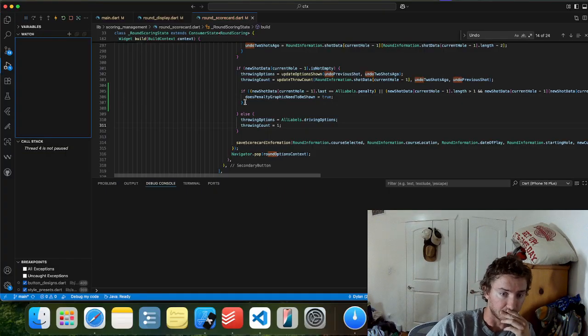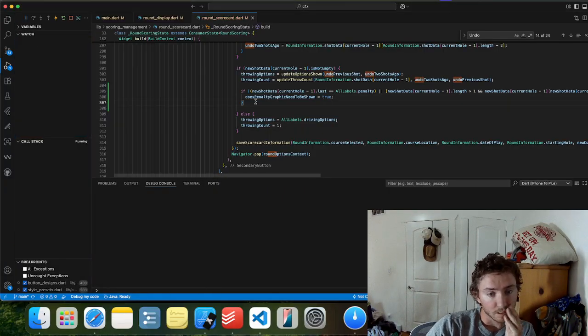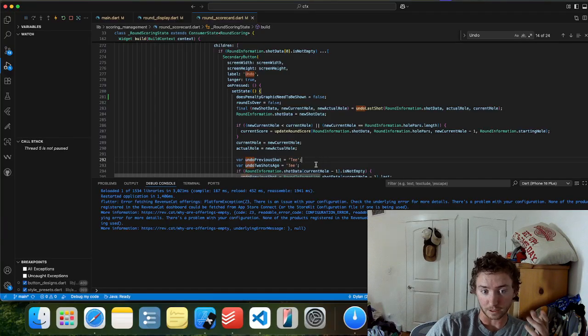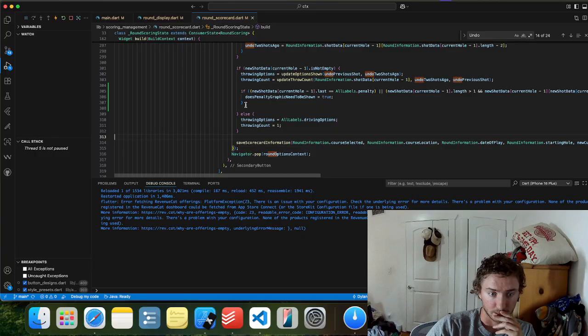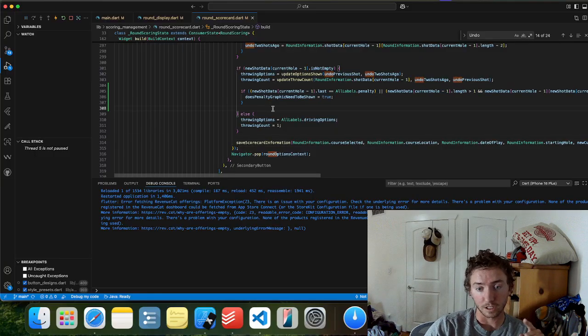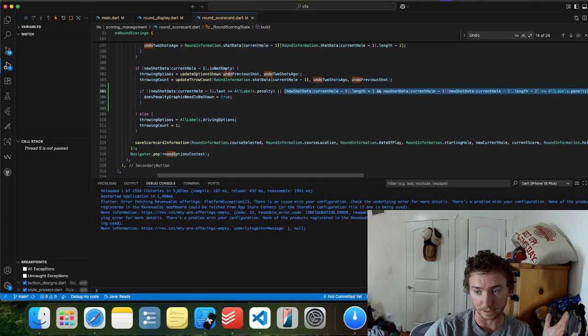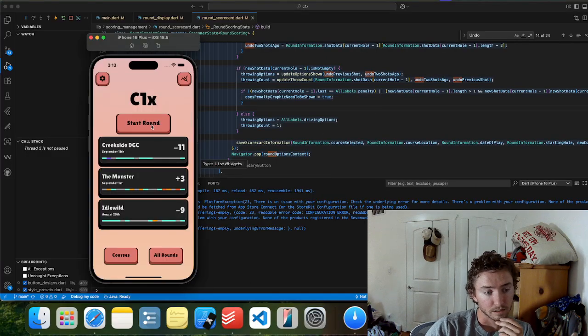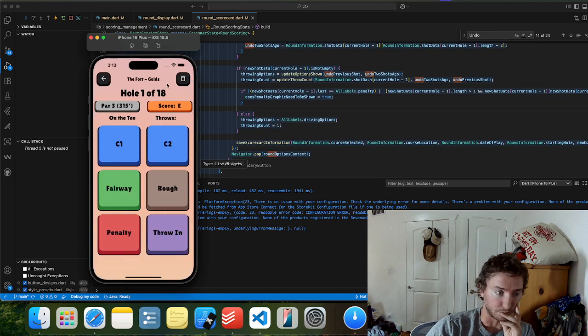Okay, let's do a reset on that. That might be enough to fix it. So basically just on the undo button now, I was never updating that value. So the issue is that it wasn't working because the code was never in there, but we're just defaulting it to false every time undo is hit. And then this is my check to see if it still needs to be shown. And I'm just checking whether the last value or 2 values ago equals all labels penalty. In reality, I probably only need this code, but this is a nice failsafe in case something trips up the undo button for some reason. I can still show the penalty flag if needed.